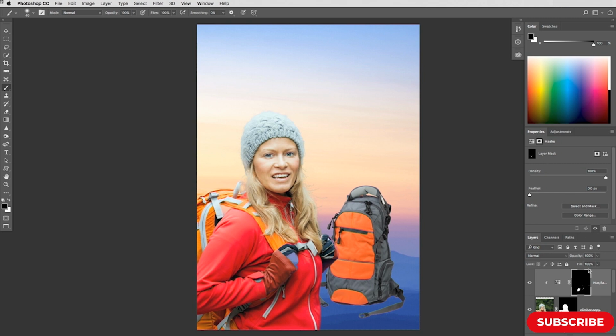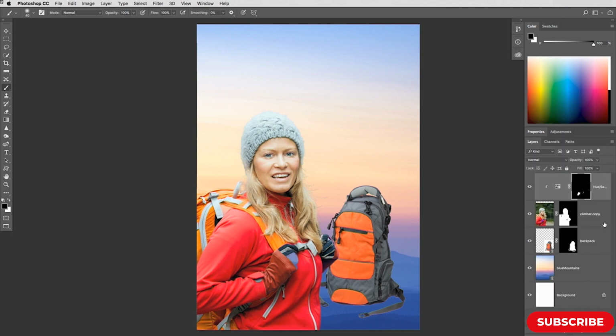So because I need a bit more room for my layers panel, I've got my layers set to really big so it's easier for you to see them. I'm just going to double click on the properties panel tab there, and I'm going to select a few layers here, or to be more specific, the first two. So the adjustment layer is active already. I'm going to hold down Shift and click the layer beneath it to select that as well as the adjustment